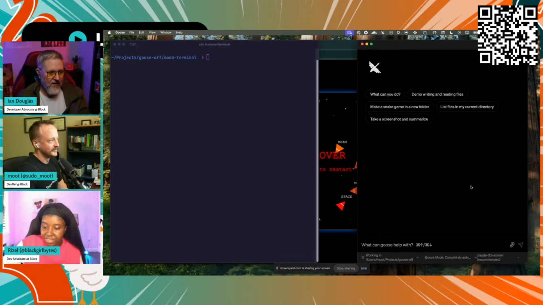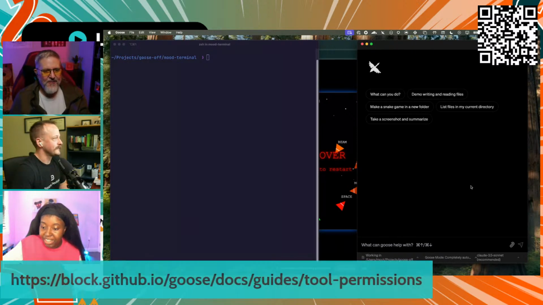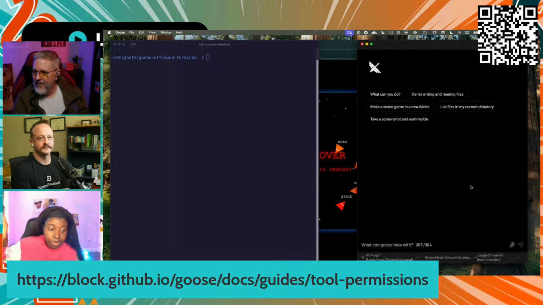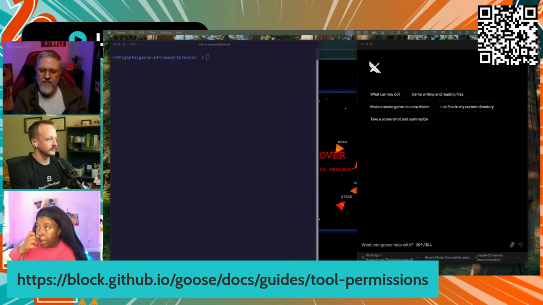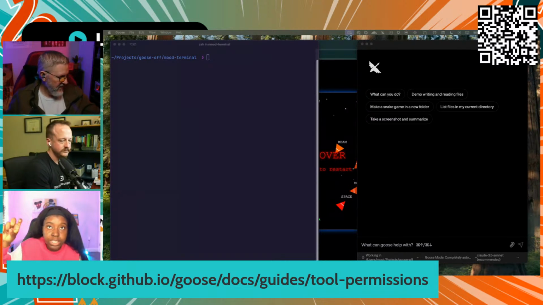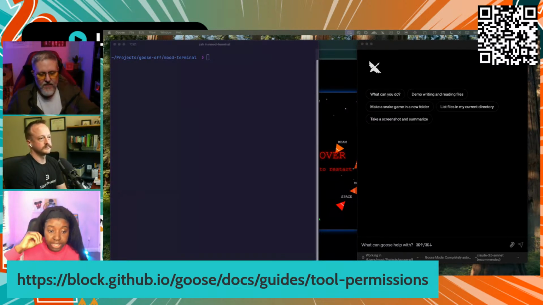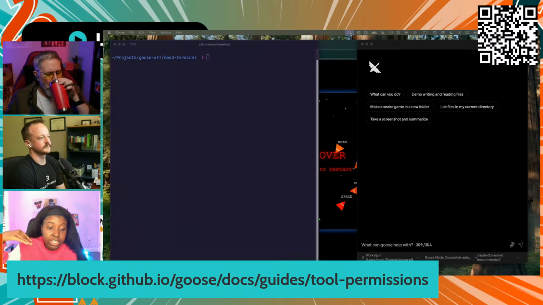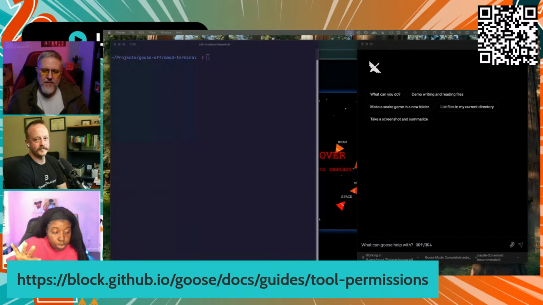This is a good time for me to plug a doc that I just wrote yesterday. Basically, it's about managing tool permissions. Like you said, you saw that warning box pop up that says you have too many tools enabled right now, and it could degrade the performance. So the idea is you can actually go into each extension and see what tools it has and enable, disable, or say you want it to ask to allow it before it runs it. A lot of people get confused with extensions and tools, but extensions are a suite of tools.